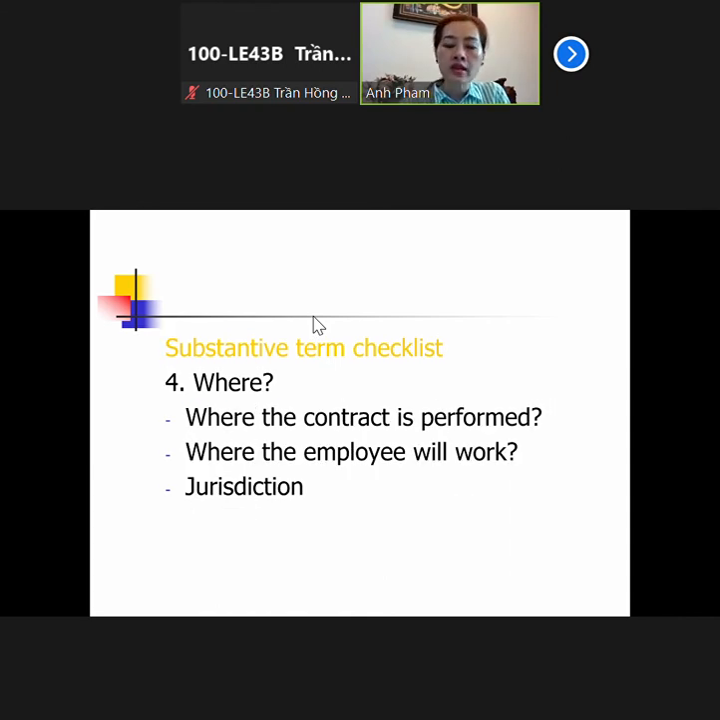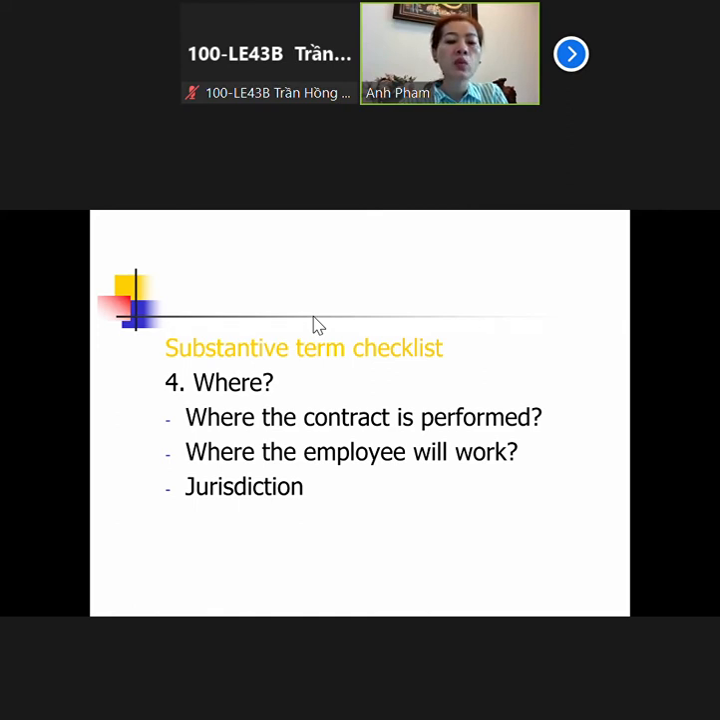The next question is where? Where the contract is performed, is it in Vietnam or is it in the USA? So if the contract is performed in Vietnam, then it will relate to the choice of law,